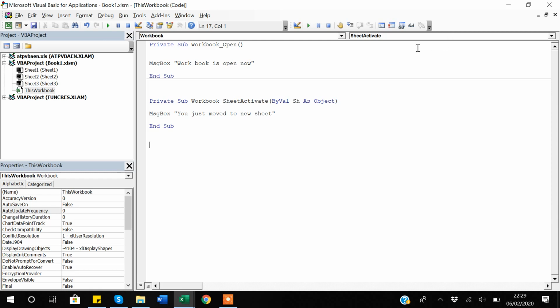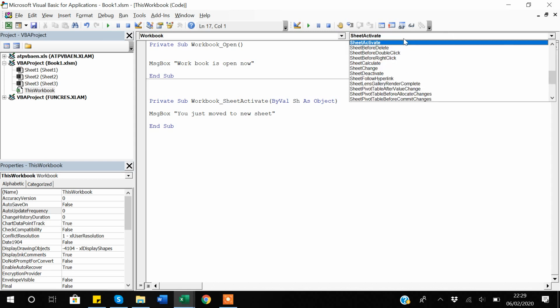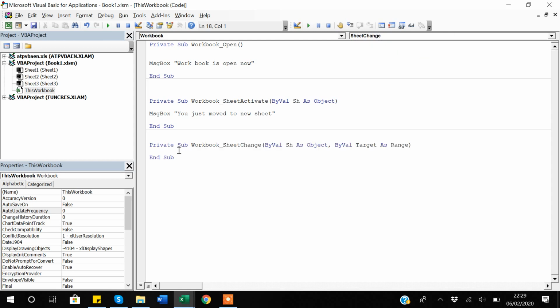So in order to do that, I will go here again, and instead of sheet activate, this time I will say sheet change. And now again I can use this message box as a copy, and now I'll say you just made a change in the sheet,